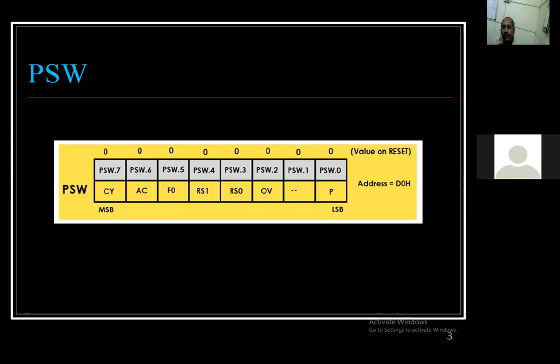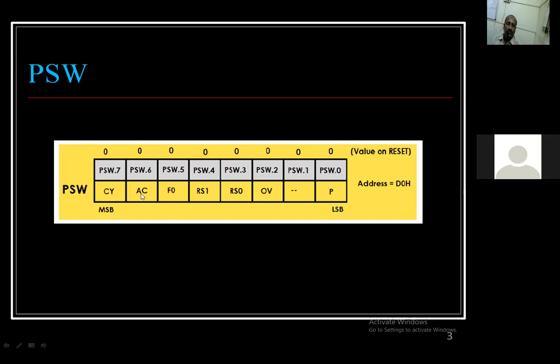We have seen all this explanation. What is the use of this PSW in interrupts, or in the timer we will learn next? This PSW is always important because parity is there in every action.